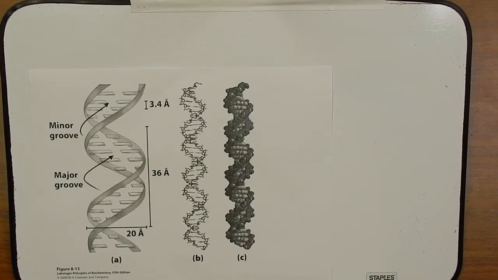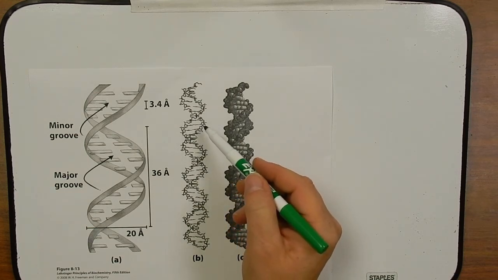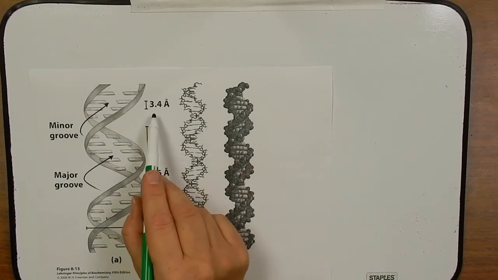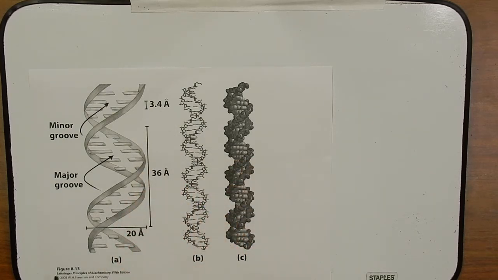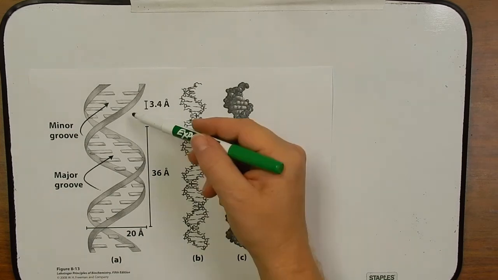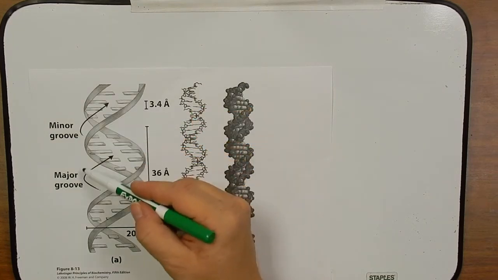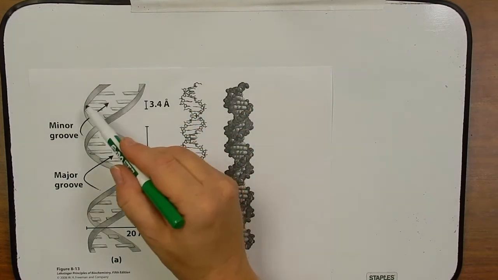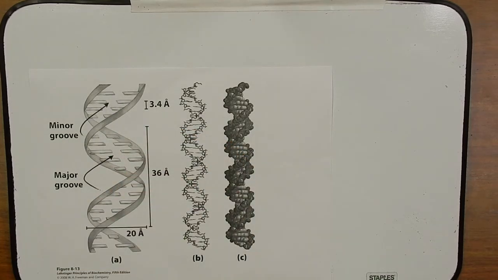The last thing I want to talk about in this first podcast on DNA structure are these terms minor and major grooves and why they're important. They form because of the way the double helix is positioned and the way that the bases are arranged. You don't need to remember 3.4 angstroms and 36 angstroms, but it's important to know that the way the DNA is shaped is based on physical constraints of the molecule itself. So as the DNA forms this double helix, this large gap here is called the major groove, and this smaller gap here is called the minor groove.